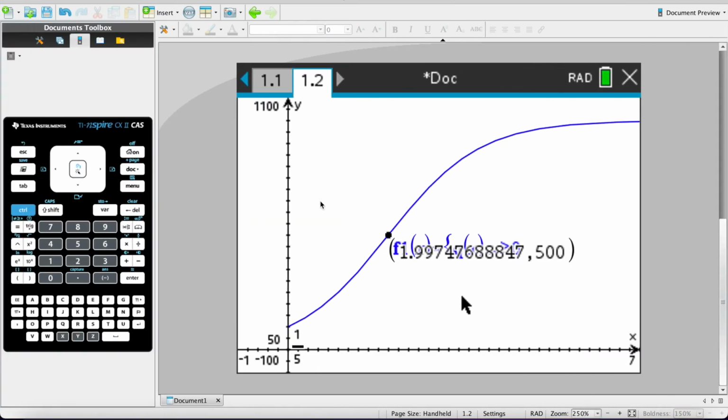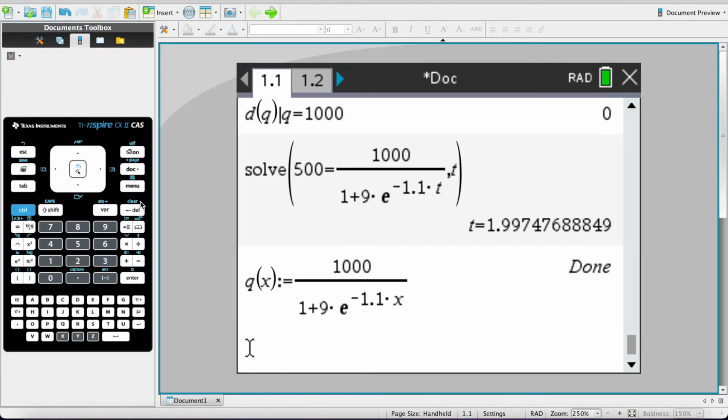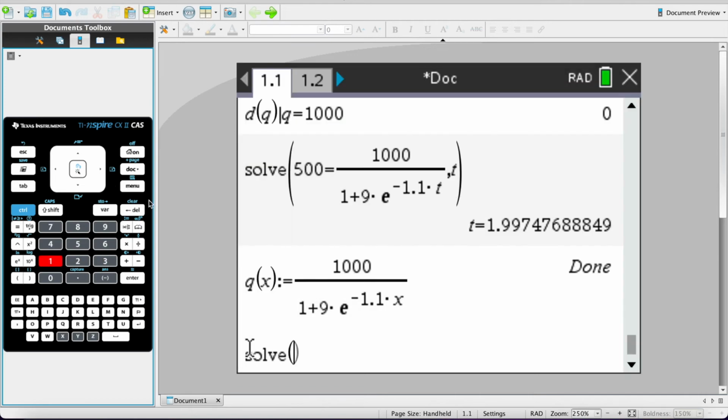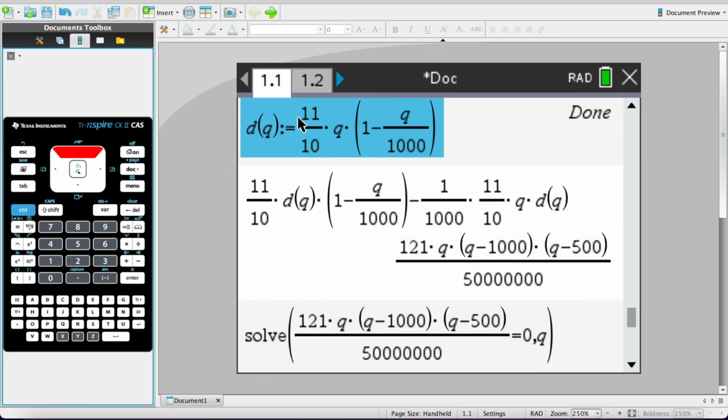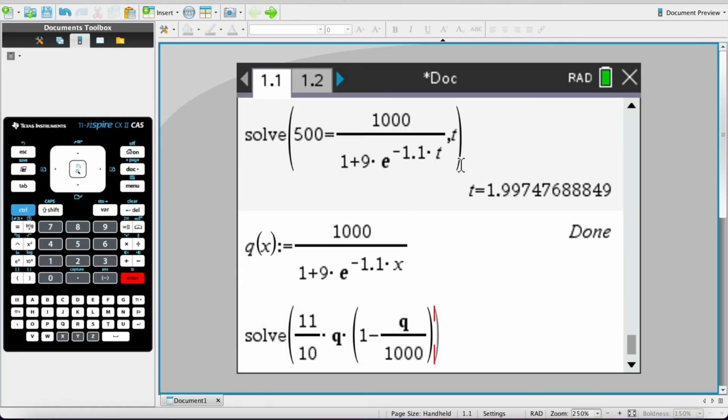Actually, I'll just solve the rate is equal to 0 just in case. No, it's not 1,000. We basically had d of q, which I just want to make sure is defined right. Yes, this here minus, and q is defined as something. So I'm just going to say,